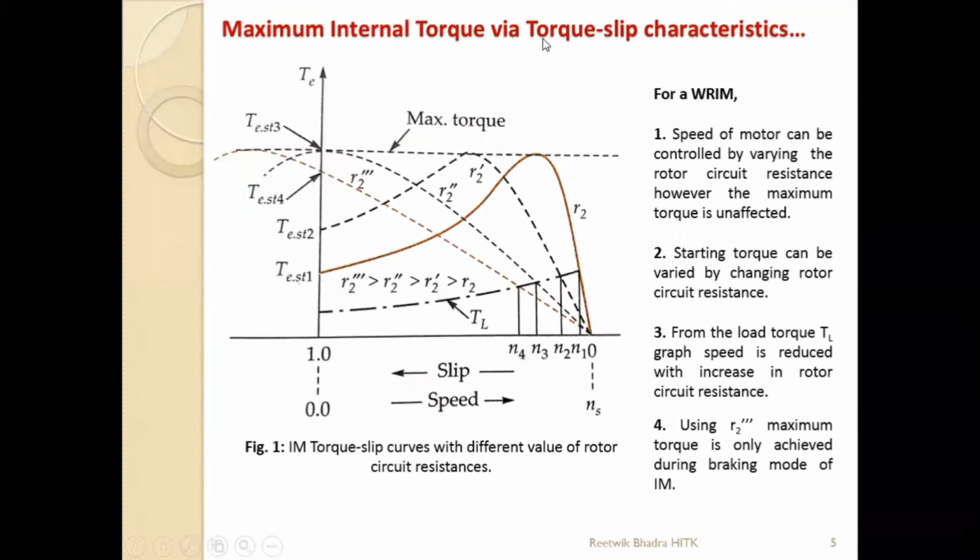And if you are asked the same thing, torque speed characteristic, speed is 0 over here, speed will be ns over here. Because if slip is equal to 0, nr will be equal to ns. So nr is equal to ns at this point. At this point, nr is equal to 0. So ns by ns gives you slip is equal to 1. So nr is equal to 0. So speed is increasing from left to right, slip is decreasing from left to right. So 1 to 0.